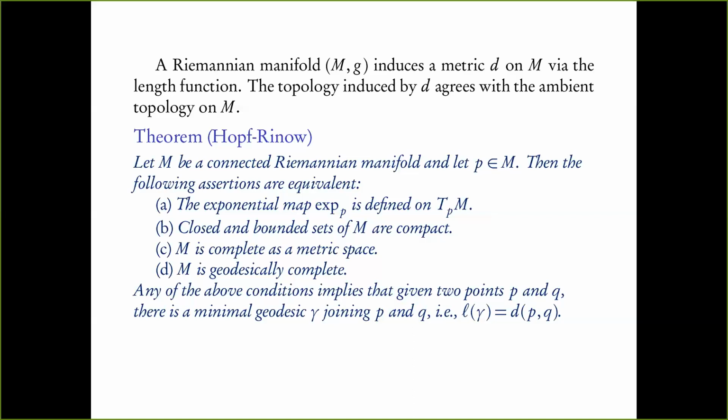So we had seen another example: you take the stereographic projection, take S2 minus the north pole, stereographically project onto R2, and you get a metric on R2. We did this example in class, and that metric is not complete. When you calculate the exponential map there, you see that it cannot be extended beyond pi over 2. It's not because there's a gap in the space, because in R2 there's no gap, but at pi over 2 itself you reach the end of R2, so to speak. So you cannot go beyond pi over 2 in that example. So you can use this theorem to cook up examples, for instance.